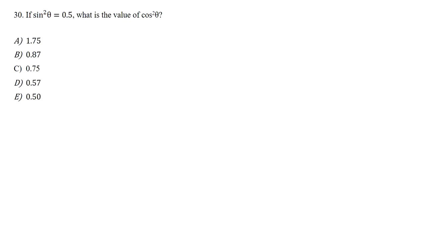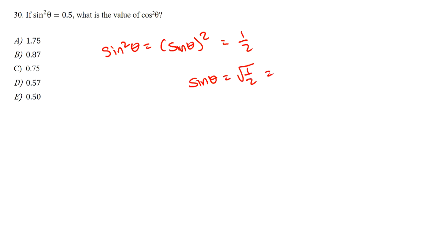Question 30. If sine squared theta is equal to 0.5, what is the value of cosine squared theta? Okay, so first thing to remember is sine squared theta is equal to the quantity sine theta, squared. So we can set this equal to 0.5 or 1/2, and then square root both sides. So we get sine of theta is equal to square root of 1/2, which is equal to 1 over